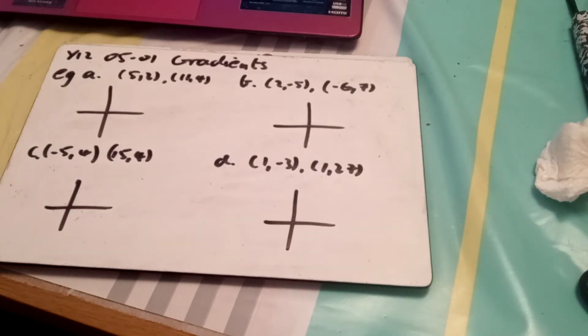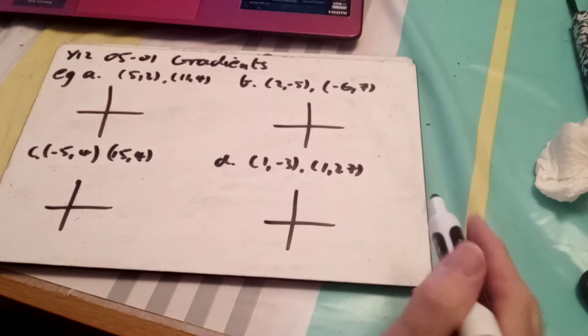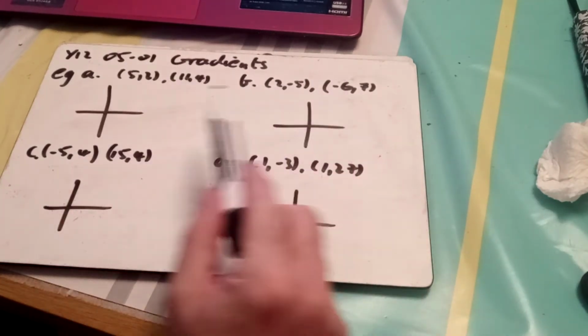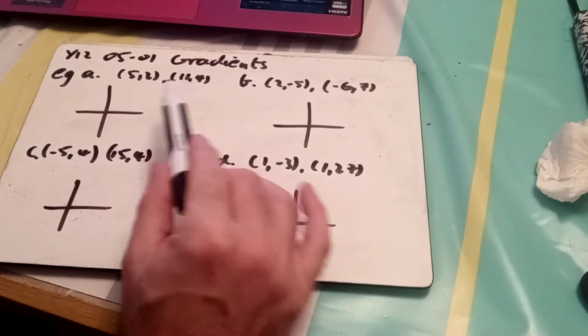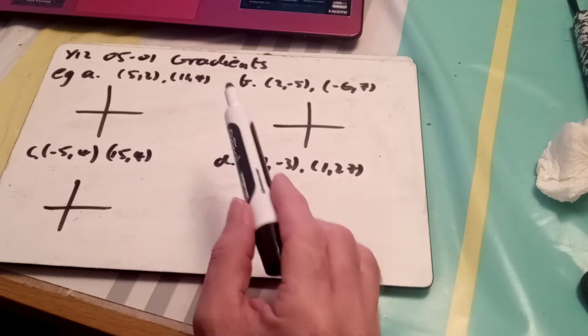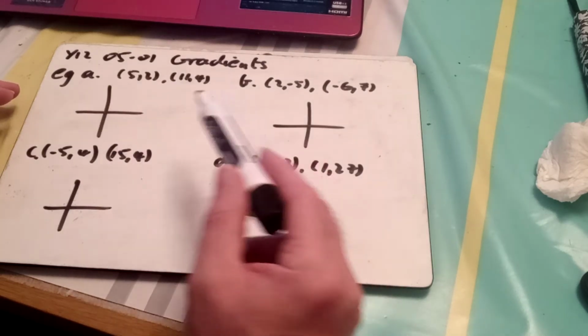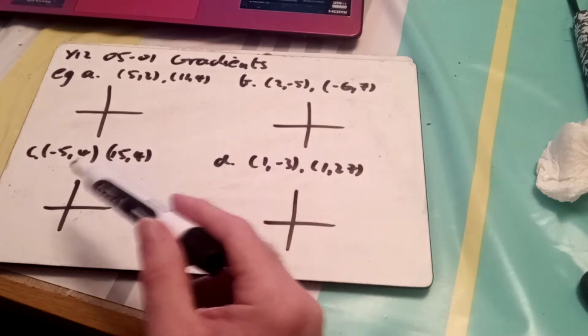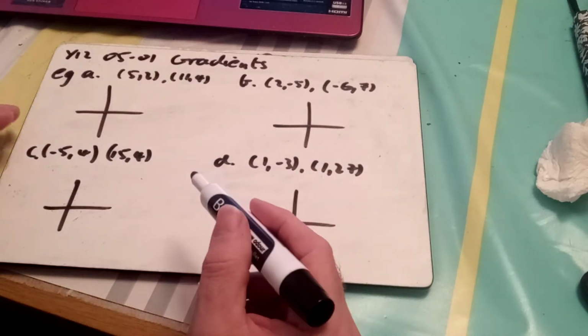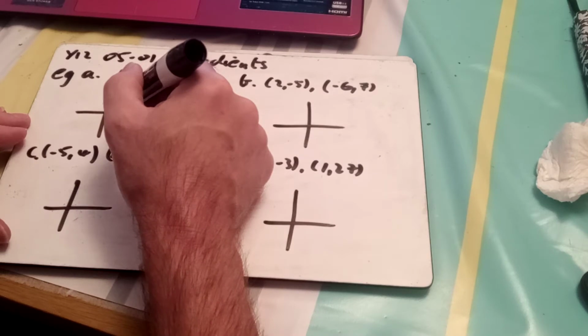Okay, today we're going to be looking at the chapter on straight line graphs, and we're going to start with looking at gradients. So I've got 4 examples of how to find the gradient of a line joining 2 points. Sketch them. There's a formula, with x1s and y1s and x2s and y2s, but if you just do some little